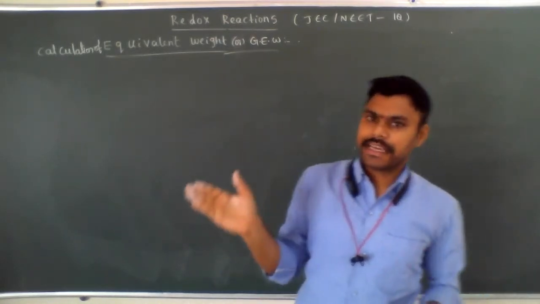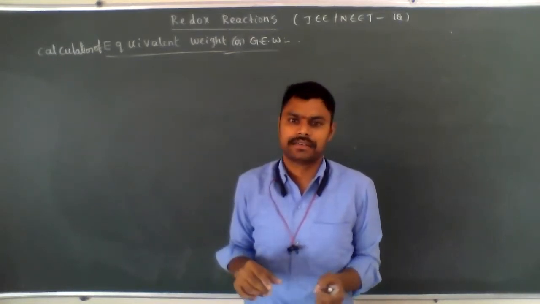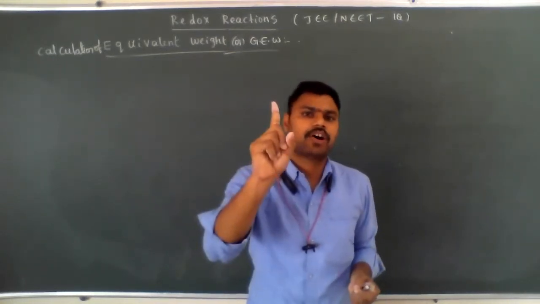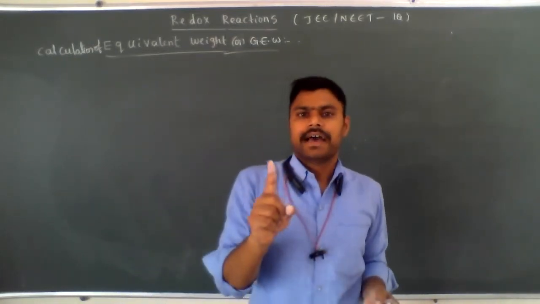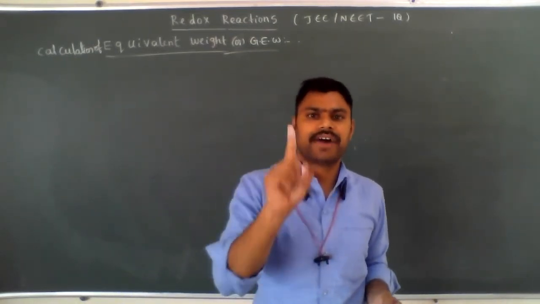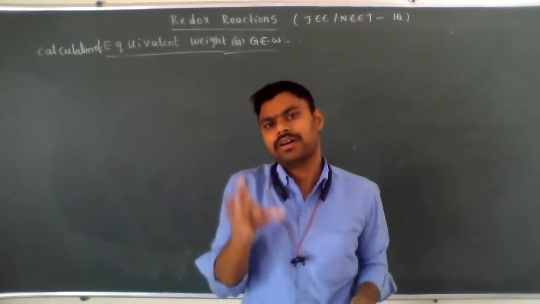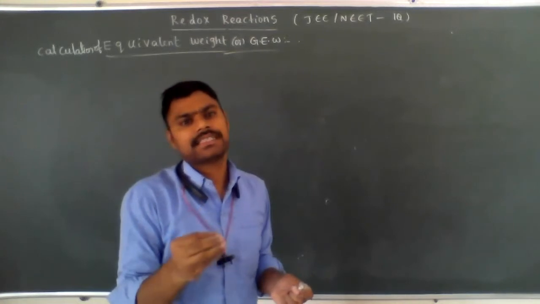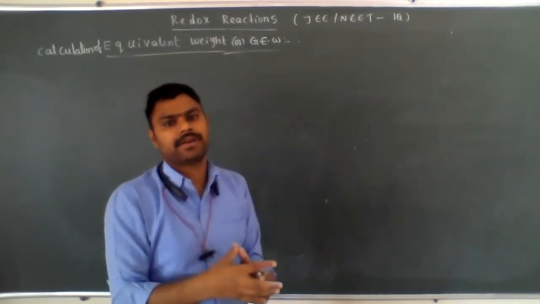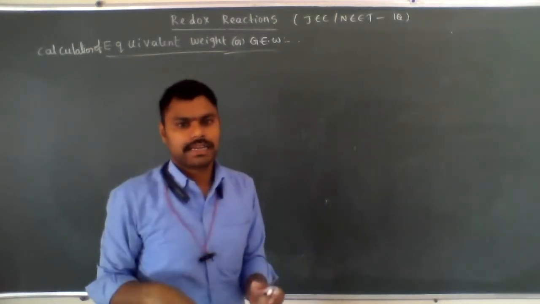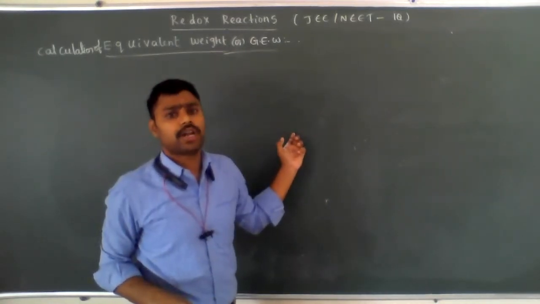Next, 7th A group elements. 7th A group elements are the halogen family: fluorine, chlorine, bromine, iodine. In order to get octet electronic configuration, how many electrons are required? 1 electron is required. That's why 17th group or 7th A group elements' valence or combining capacity is 1. So N factor value for atoms depends on valency. For molecules it depends on combining capacity, how many number of bonds. That is called valency of central atom in covalent molecules.